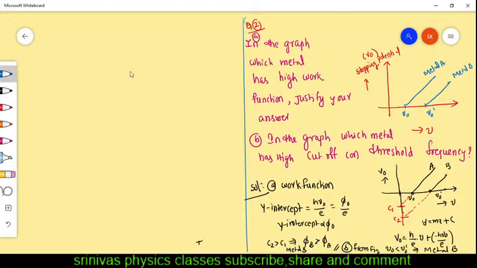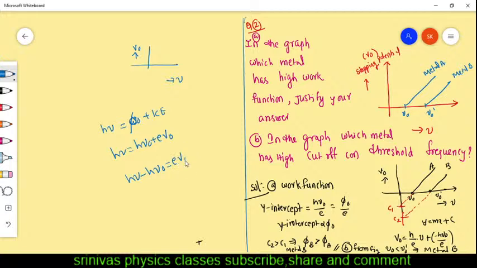It was very simple. See here, what does the stopping potential versus frequency graph give? According to the Einstein equation, h nu equals W, that is phi naught, plus K. Phi naught is h nu naught, K is eV naught. Then h nu minus h nu naught equals eV naught. From this, V naught equals (h by e) into nu minus h nu naught by e. This is the formula. In this V naught versus nu graph we are drawing,